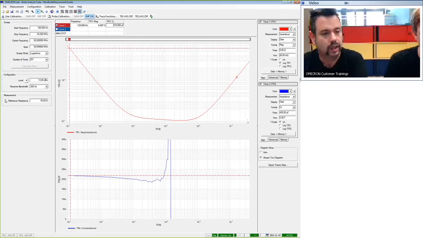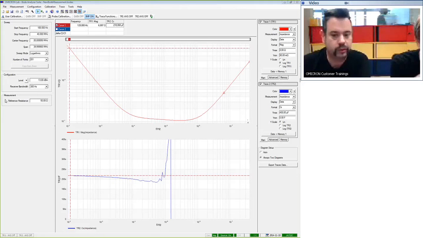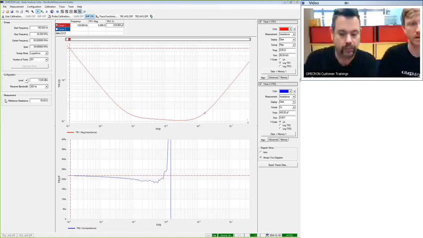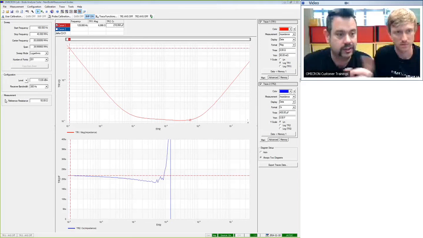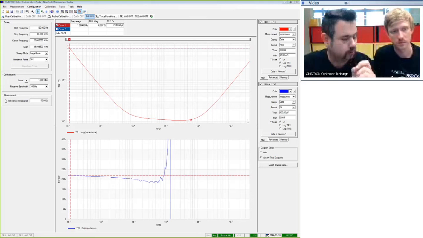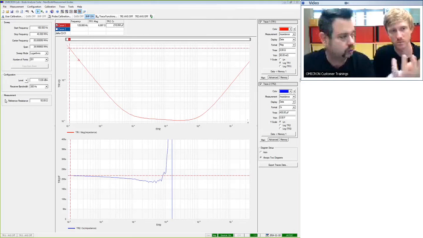Oh, there's one question about the calibration. Okay, the question is? It's about what happens if you perform the calibration, but you do not connect the load. For example, you press the load button, but you do not connect the load. Well, in this case, still the calibration will show that the calibration has performed. Therefore, it's very important that when you have performed the calibration, you connect the load, you connect something you know, like a 100 ohm resistor, and you see if the reading is correct, because then you know that you have done a correct calibration. Then you put in a short, and you check if the short indicates the correct value,